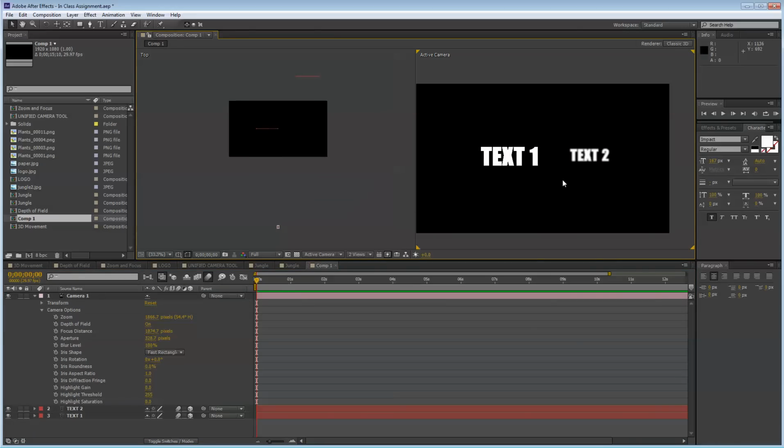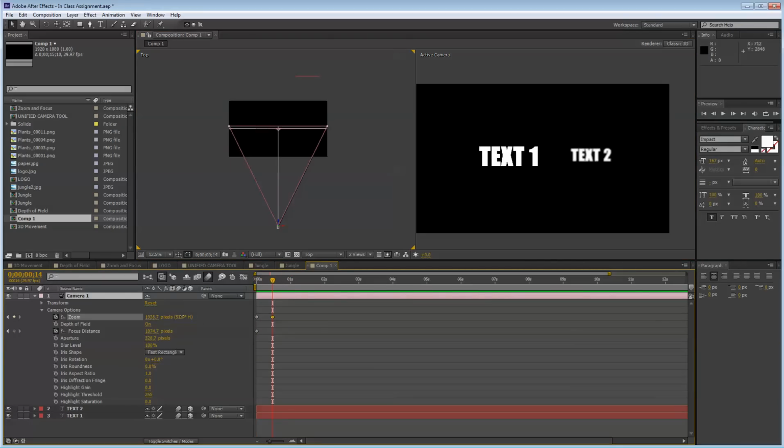So let's say we want this camera to do a crash zoom in, and then rack focus to text 2. We'll just do a quick animation like that. So that's going to play with my zoom. That's going to play with my focal distance, my focus distance. So I want my focal distance to be on this layer, and I want my zoom to start here. And let's see, in half a second, I want it to zoom in. So I'll zoom in on these two, right? And then once it's zoomed in,